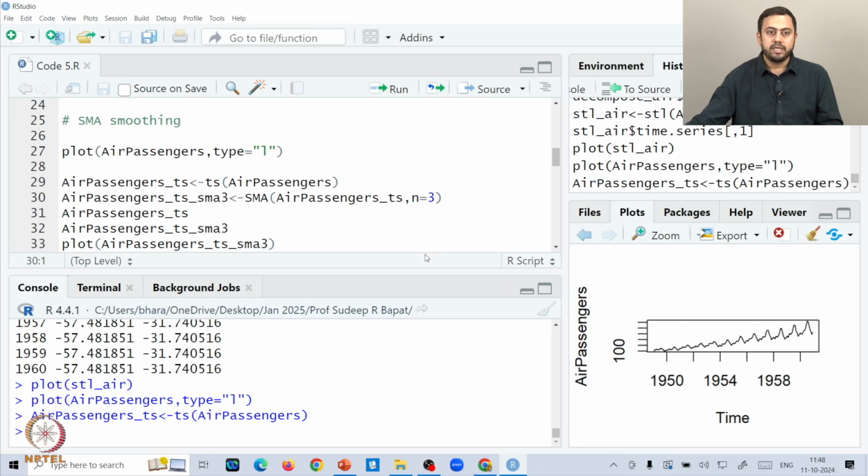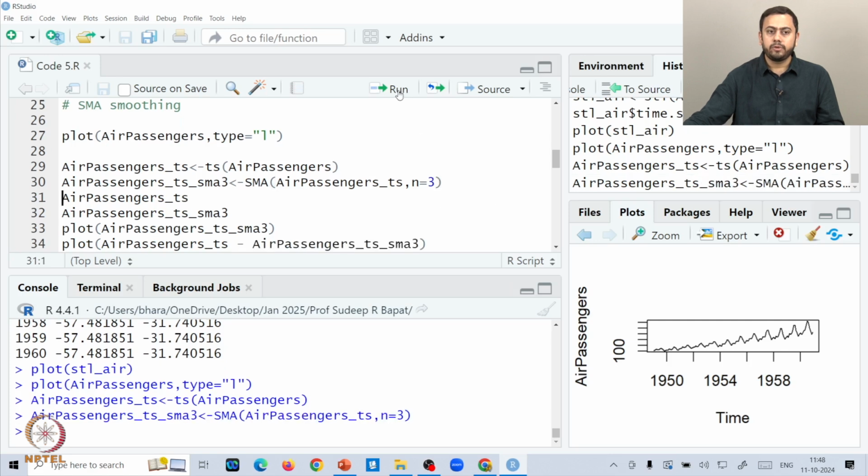So here initially we are fixing the order to be 3. So air passengers underscore TS underscore a simple moving average smoothing technique where the order is 3. If you run this, it is now stored in this name.